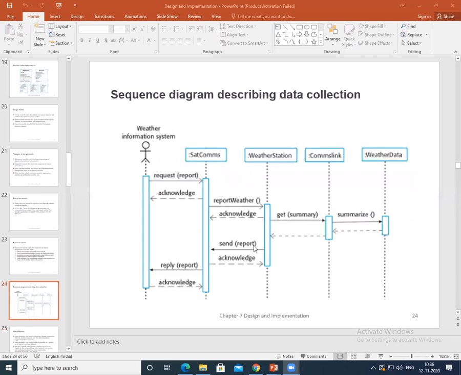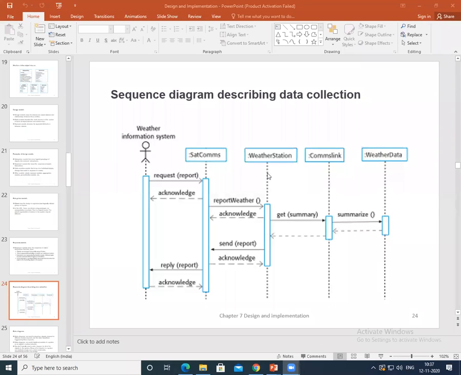So we have a sequence diagram to be represented for describing the data collection. In this diagram, the subsystem models show the logical grouping of the objects into coherent subsystems. They are represented using a form of class diagram. The sequence model shows the sequence of object interactions. They are represented using UML sequence or collaboration diagrams.